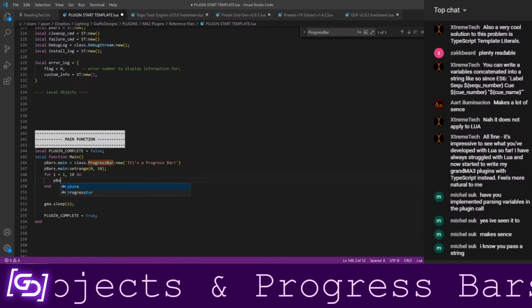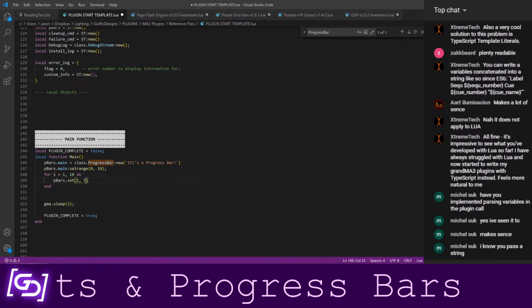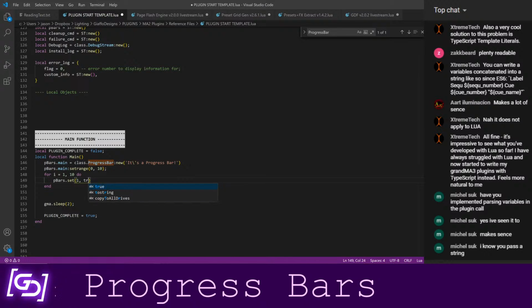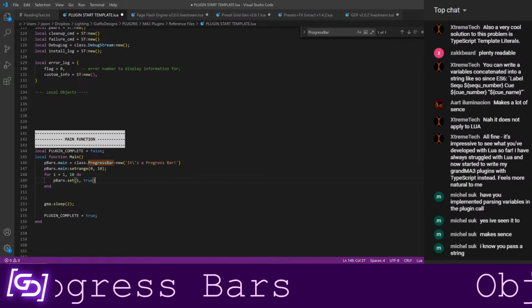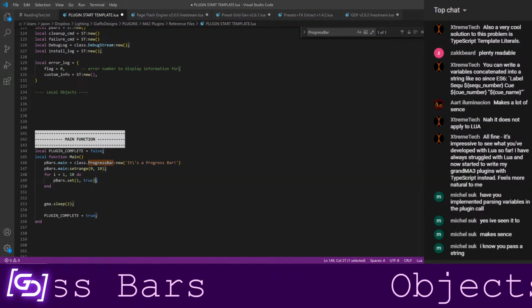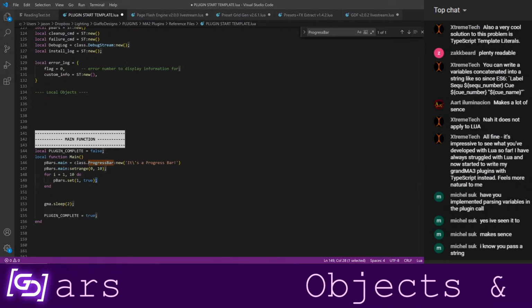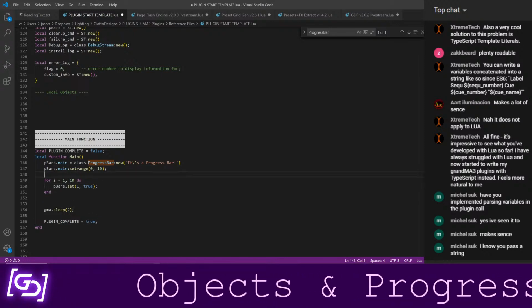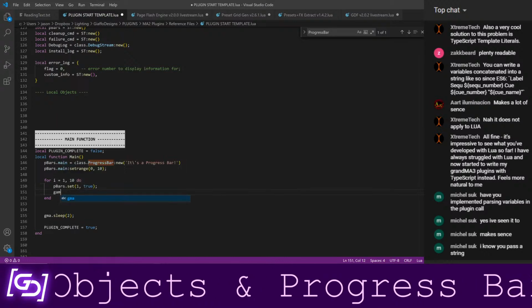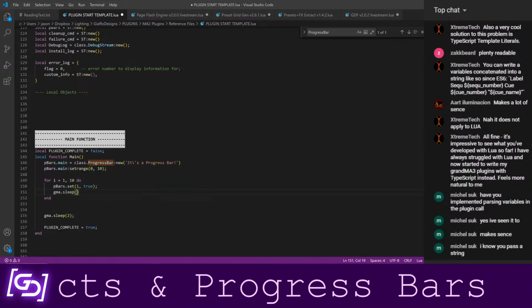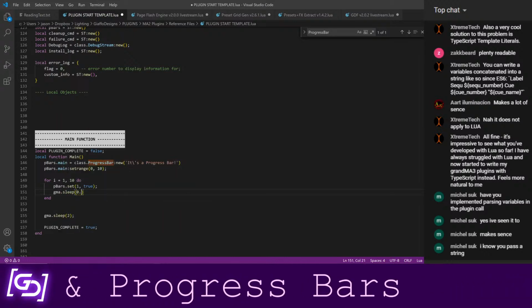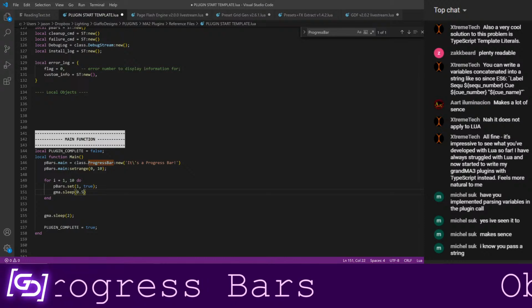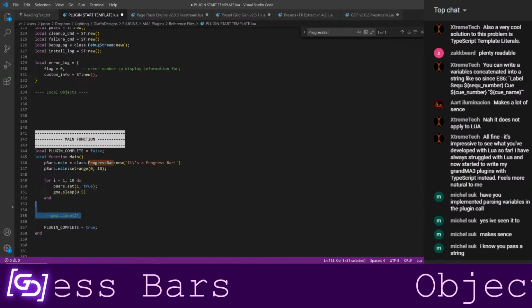We'll just say pbars set 1 true. I'm going to explain all of this in just a second, what all this is actually doing. Semicolons aren't actually necessary, but between JavaScript and C#, I've just gotten in the habit of it. Okay, and we'll make it pause for, I don't know, like half a second in between each of these. And I'm just going to kill this now.